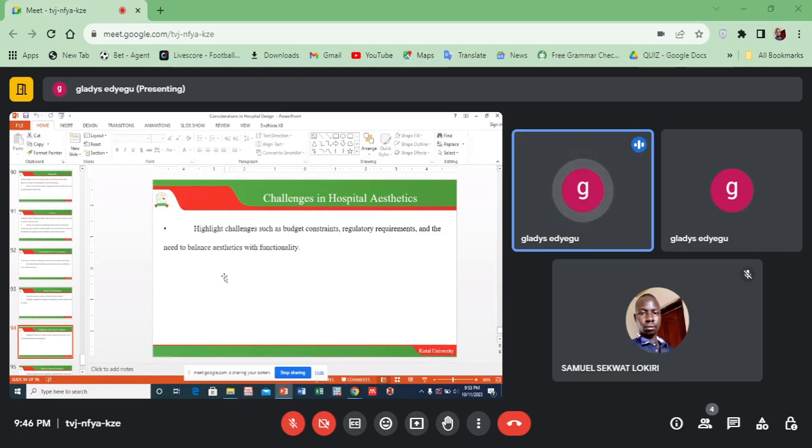And also the need to balance aesthetics and functionality. You have to balance them in a way that you cannot override the functionality of your hospital because you want to prioritize aesthetics. So you may end up considering functionality and then you leave aesthetics, and in that way it is a challenge that you cannot complete these two activities at the same time. So it gets affected, and it is one of the challenges that you can experience during hospital